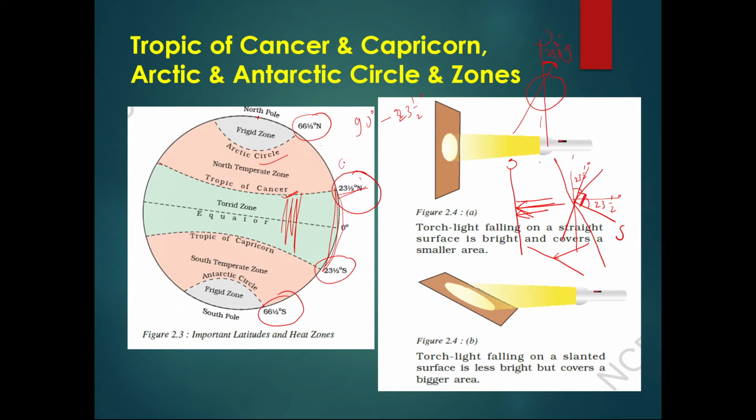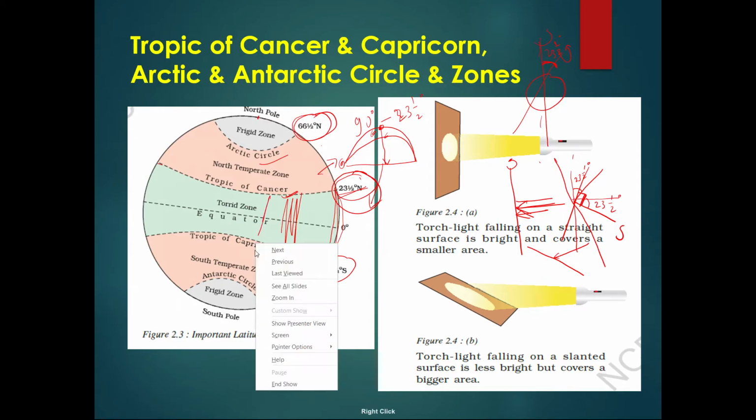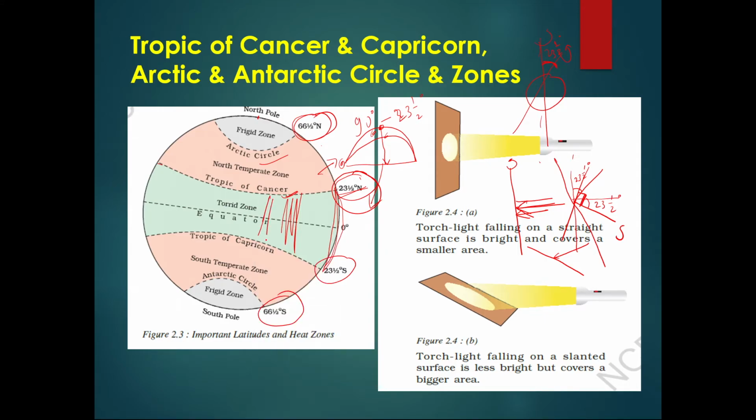So the sun just starts from here, and in these latitudes the sun goes like this. So this is the overhead sun. The sun is just going like this in these latitudes, not going here. So from 23.5 degree to 66.5 degree, the sun will be in the sky but never goes overhead. So this region from the Tropic of Cancer to the Tropic of Capricorn is the torrid zone. This is the torrid zone, you can see it here.